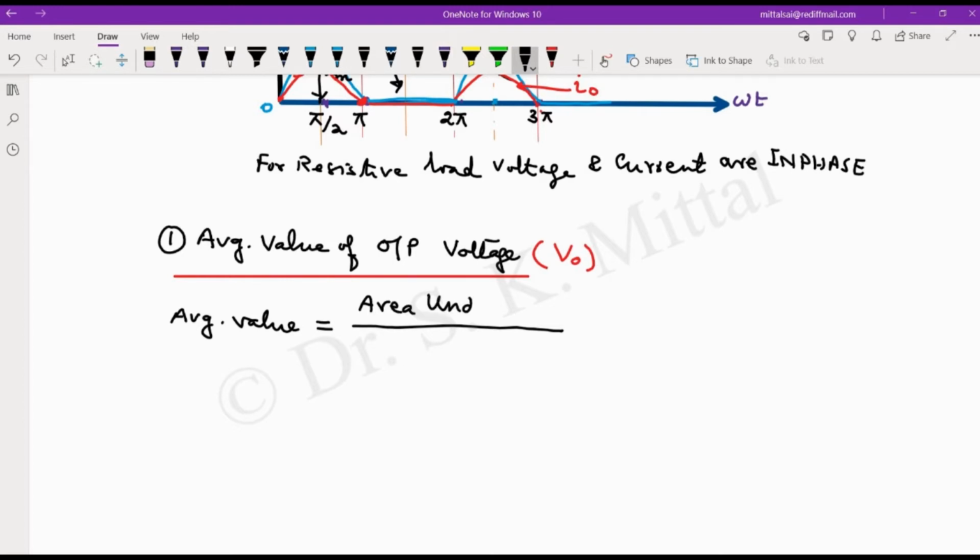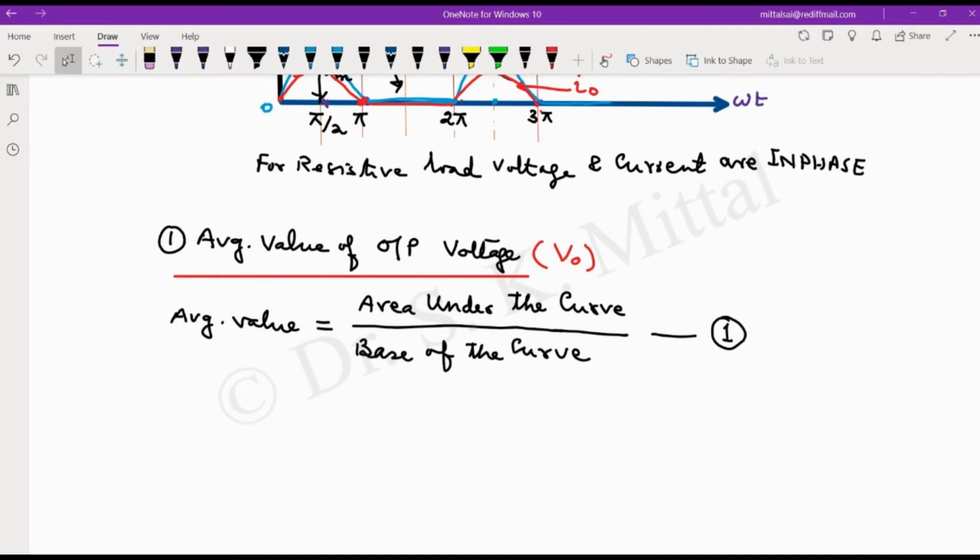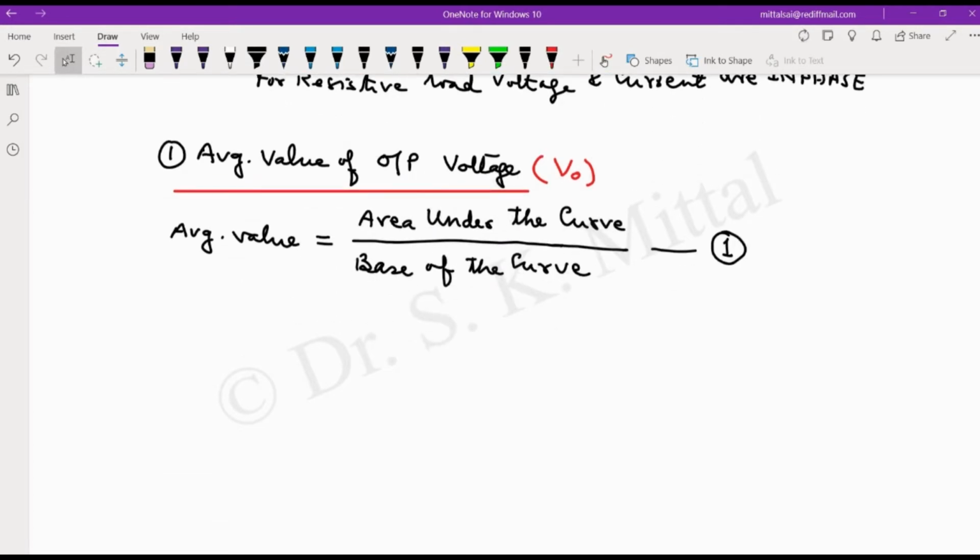Area under the curve divided by base of the curve. This is a general formula by which we can calculate the average value of any waveform. Now, see,